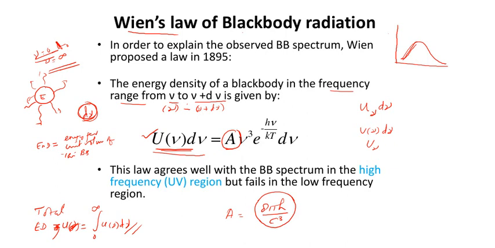Now see, what is the problem here? You can understand that. As per this law, you can see that there is some sort of proportionality with nu cubed, right? It means that as the frequency increases, so here you are taking u nu d nu along this one, and you are taking nu here. So as the frequency increases to this side, what happens is that here at the lower frequency region of the